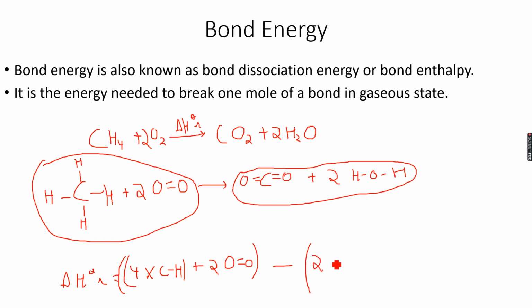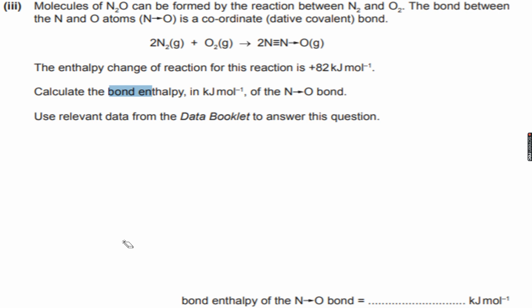This will be 2 multiplied by the bond energy of CO, because there are two bonds, plus 4 multiplied by the OH bond energy, because if you see in one molecule there are 2 OH bonds, so in 2 molecules there will be 4 OH bonds. So when I calculate this, I look at my data booklet and get these values. So I'll get delta H naught R. It's very easy. So now let's do some questions on bond energies.